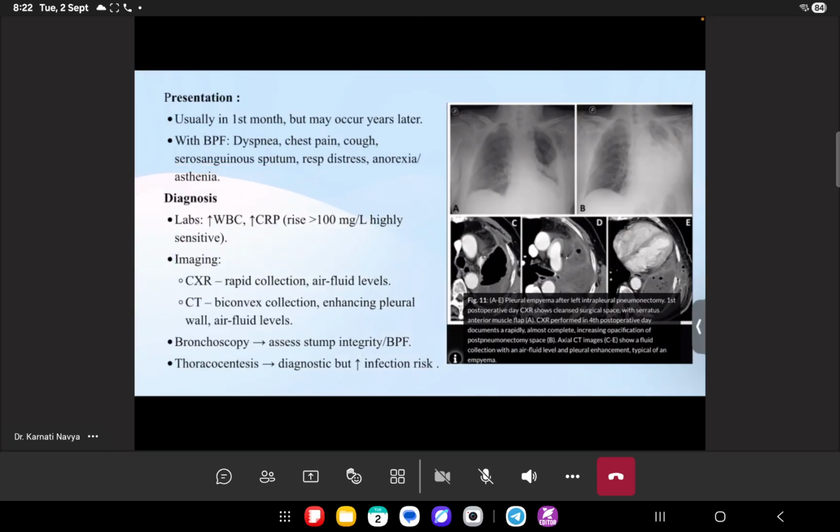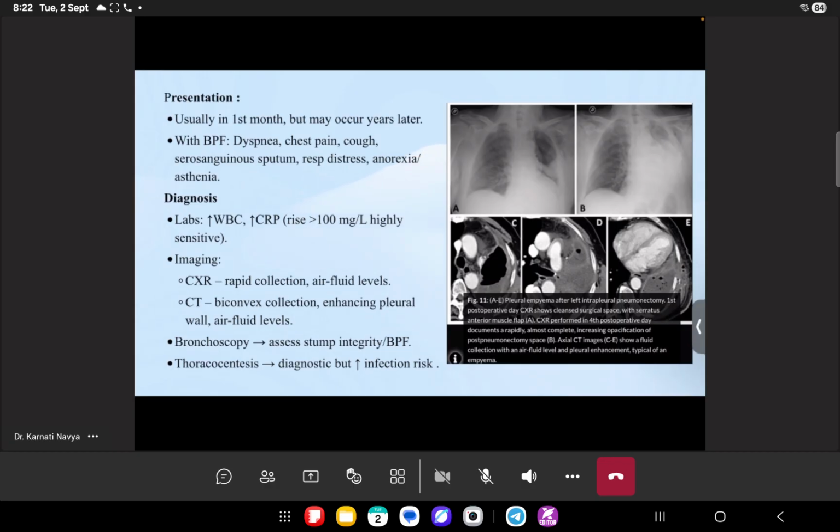Presentation is usually within the first one, but may occur years later also. With bronchopleural fistula, the patient presents with dyspnea, chest pain, cough, serosanguinous sputum, respiratory distress, anorexia, or asthenia. And diagnosis is by laboratory investigations, which show leukocytosis and elevated CRP of more than 100 milligrams per liter, which is highly sensitive. And the imaging usually shows chest X-ray, which shows rapid air collection, air fluid levels, and CT shows